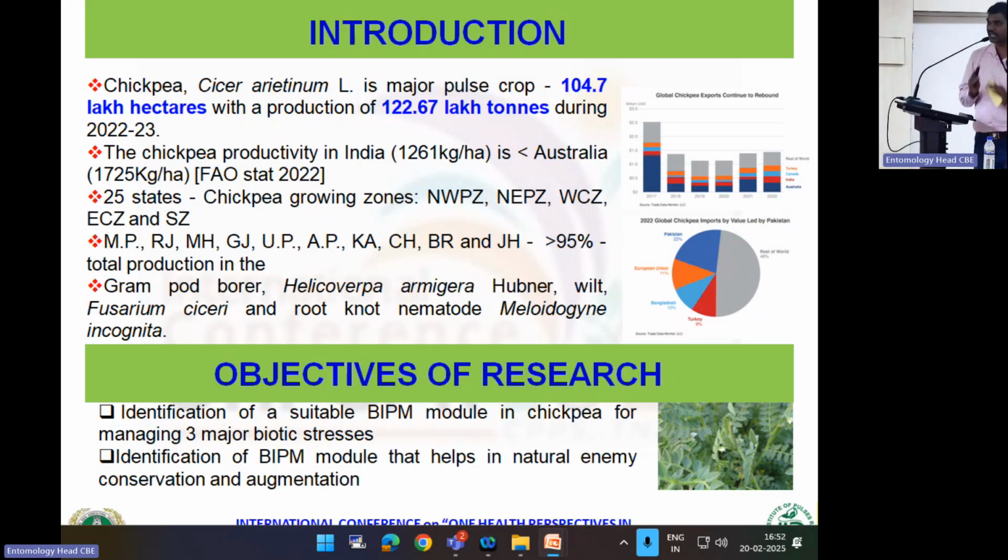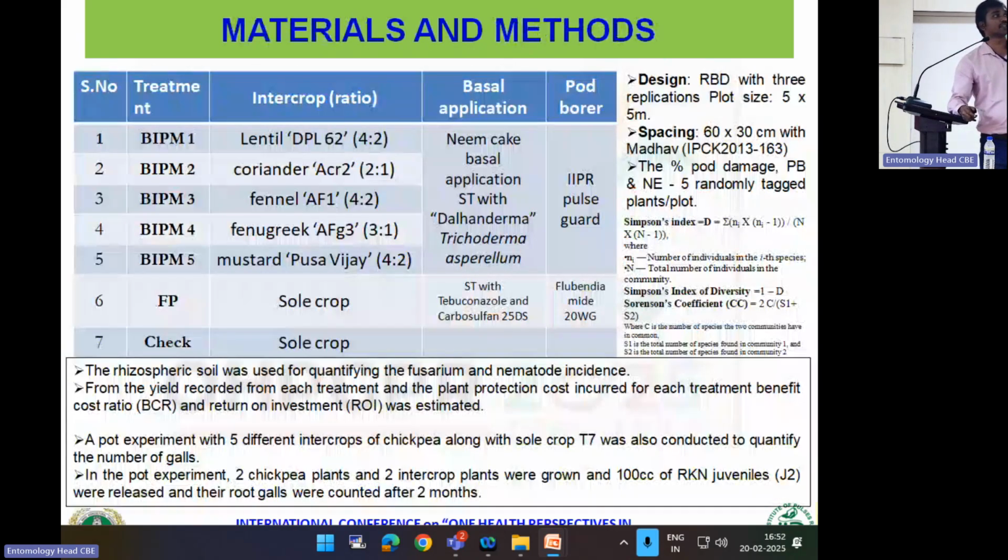Hence, we framed our objectives as identification of a suitable bio-intensive IPM module for managing these 3 major pests. And simultaneously, as we all know, pulse crops enrich the soil nutrient status, so it should also improve the environmental health. So we want to conserve the natural enemies present in the respective ecosystem. Keeping these 2 as the major objectives, we proceeded with the experiment with the following